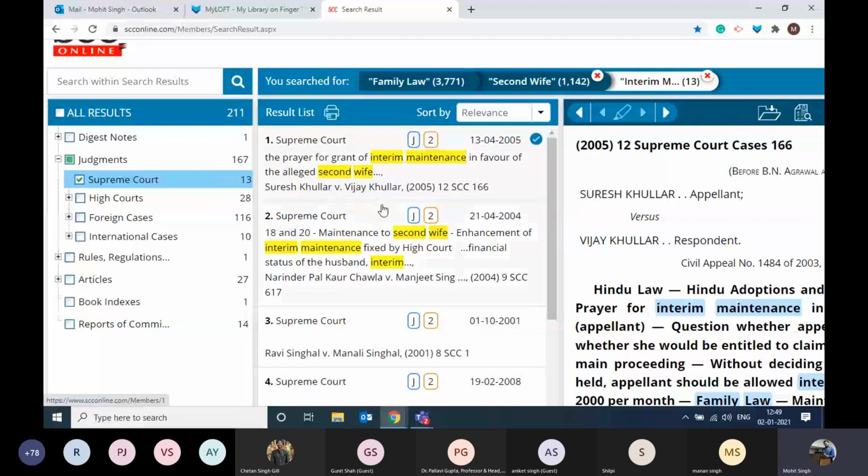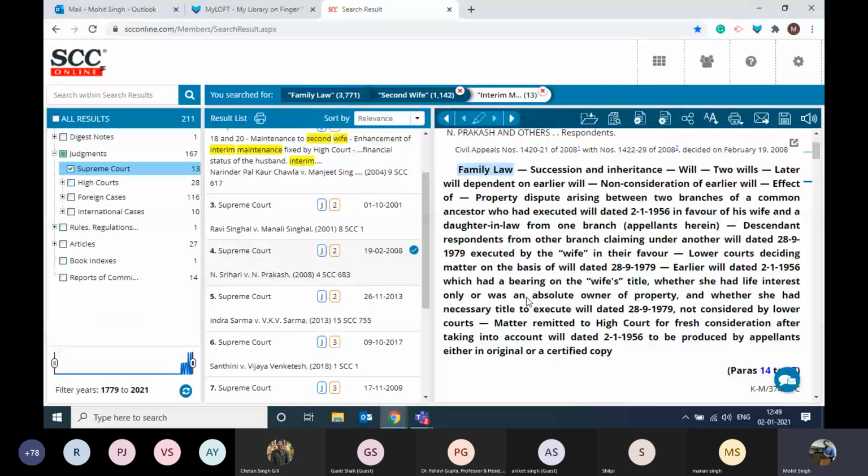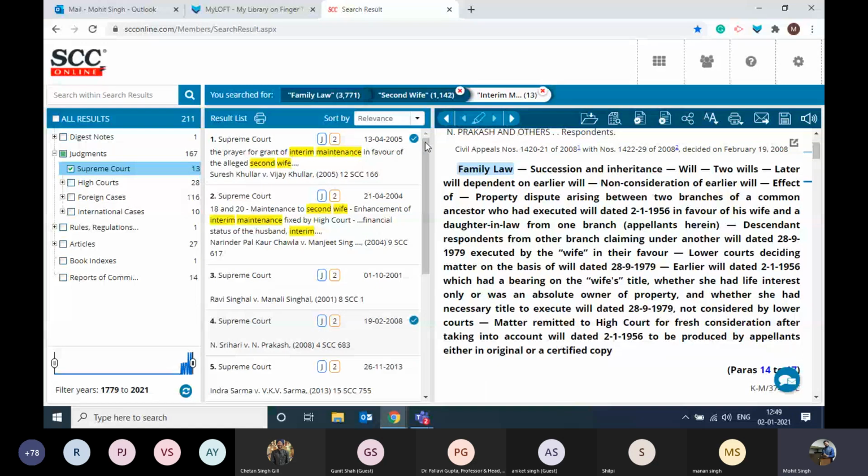And now you can quickly browse through whichever document you wanted to see. You can quickly browse through the head note, and whichever document works for you, you can use that, right? So this method works for queries which are long enough and very descriptive. You can break them down into pieces and search them word by word. So this is called search within search, right?